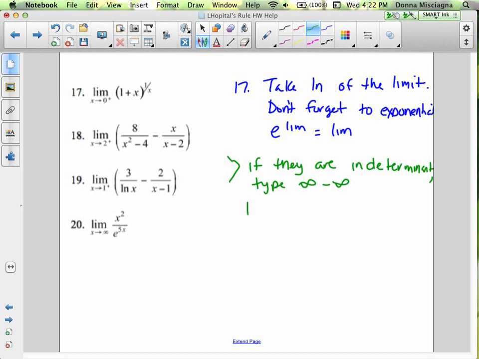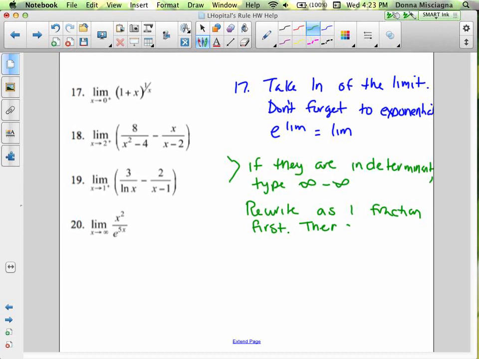You need to rewrite as one fraction. To make it easy on yourself, make sure you have the least common denominator. So one of those factors is repeated in both denominators. So in question 18, you're going to rewrite as one fraction first,